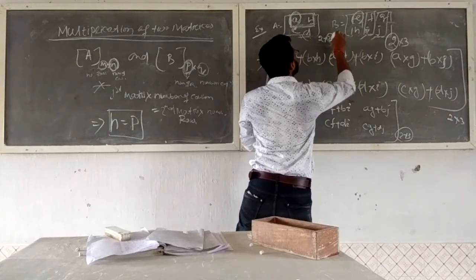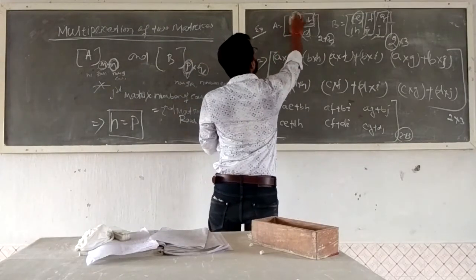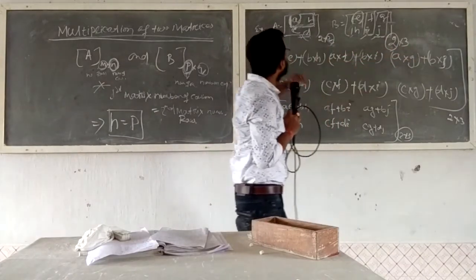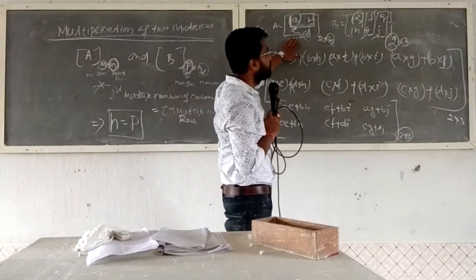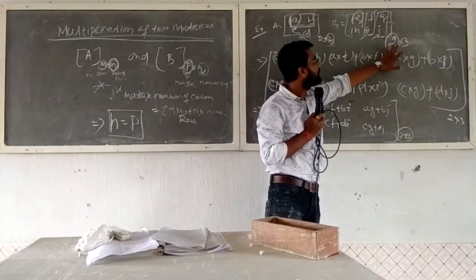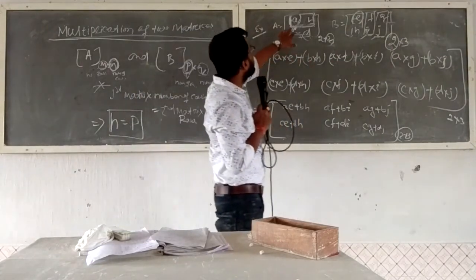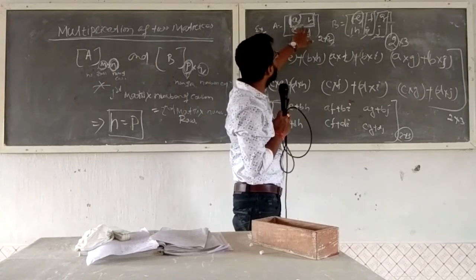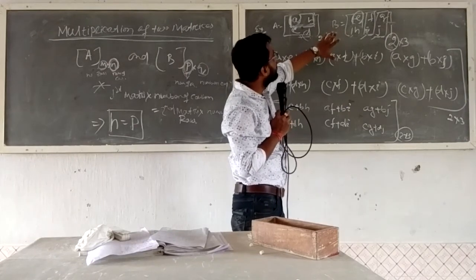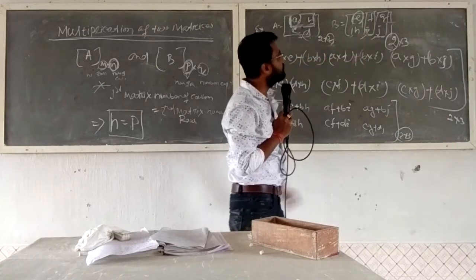Now see again how to multiply two matrices and find the letters. Again, the A matrix is of order 2 by 2 and the B matrix is of order 2 by 3. The matrix multiplication will be possible if the number of columns of the first matrix is equal to the number of rows of the second matrix. Then matrix multiplication is possible. So now we multiply the first matrix: the first row is multiplied with the second matrix's columns, till the ending of the number of columns of the second matrix.